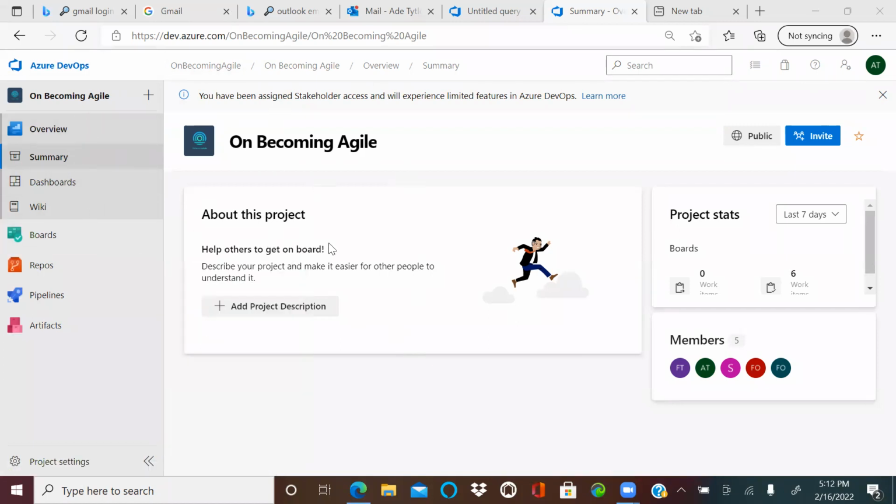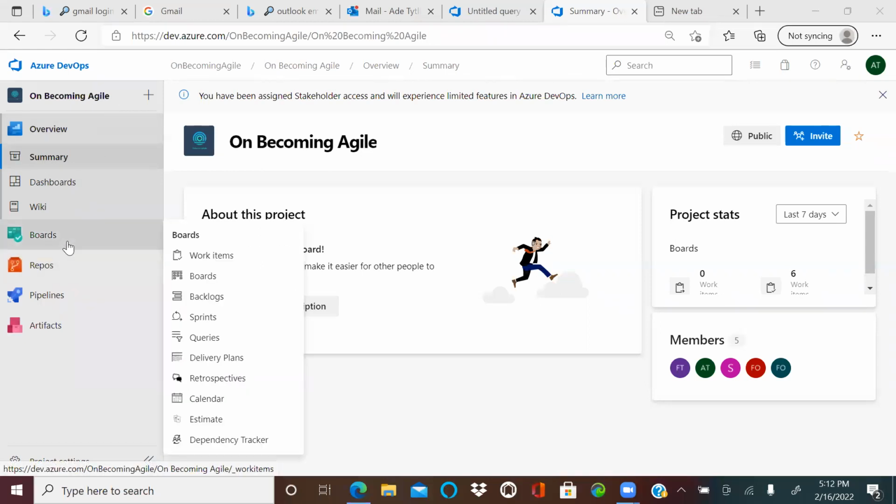This is the home page. And you can see that it is showing Becoming Agile, because that's the name of the theme. And from this place, I'll be showing us how to get to the board. That's what concerns us as a Scrum team, what your team would be using. And then if you move over here